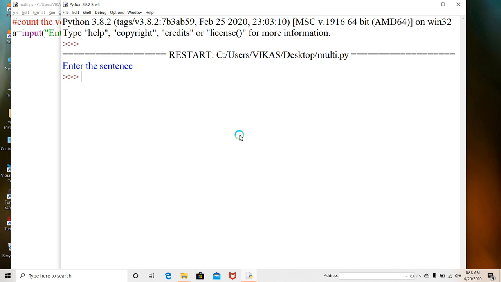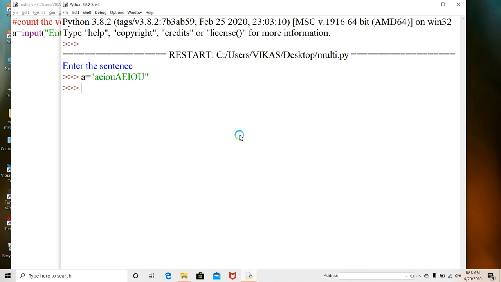Here I have taken one value, a is equal to a e i o u. There is one string and these are the vowels. Yeah, I may write capital E I O U. Look here, if we are talking about the alphabets, we have both small letters and capital letters. And as we know Python is case sensitive, meaning a small letter and a capital letter are different. So how will we check if any character is a vowel or not?